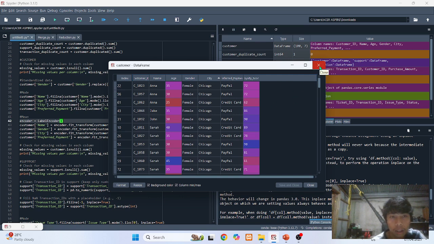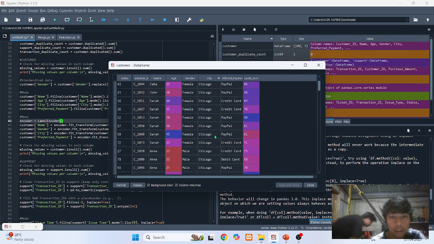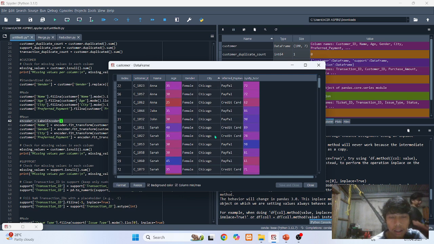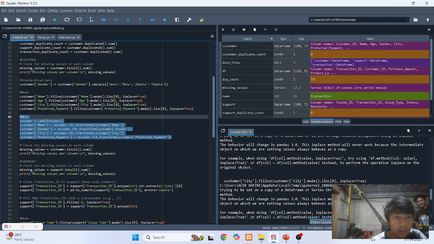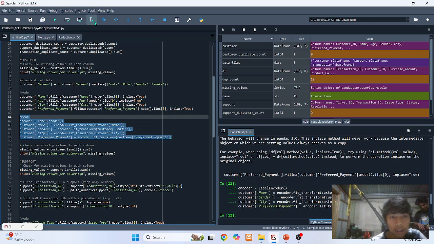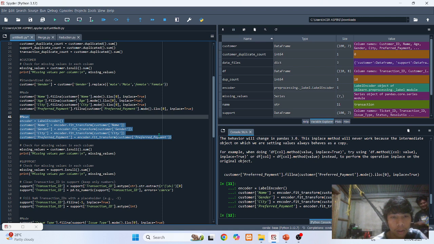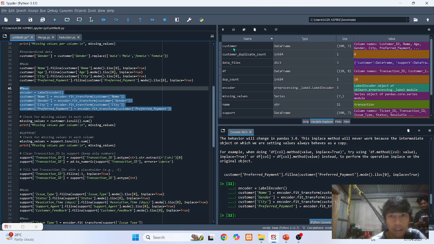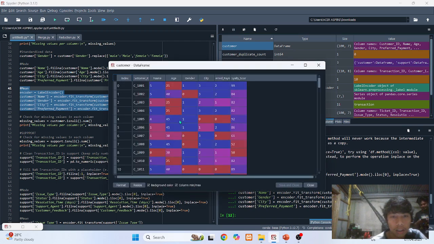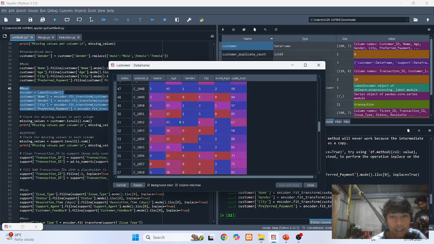And when we are going to perform the reduction, we don't need to use categorical since reduction performs on numerical data. So we will run the code. We are using it in order to convert categorical to numerical. So as you can see, it all becomes numeric data.